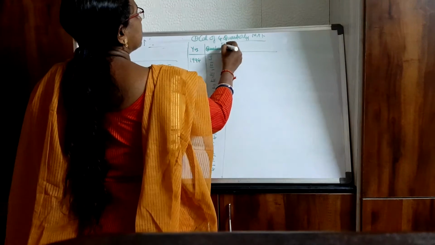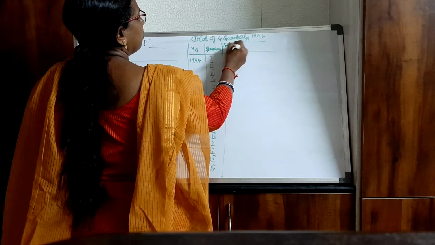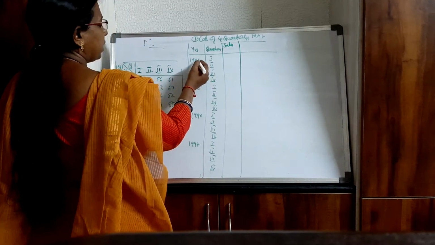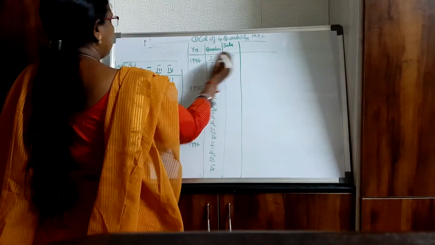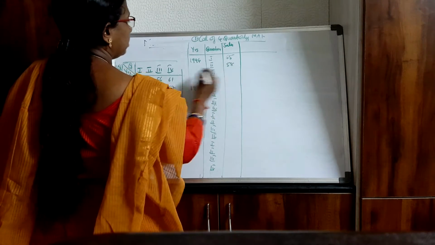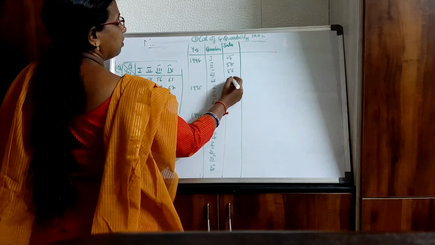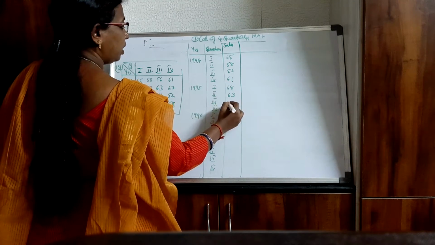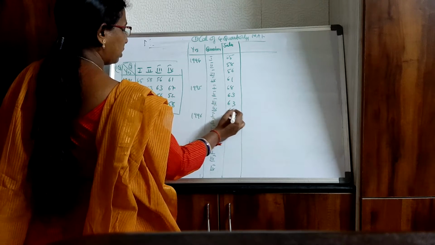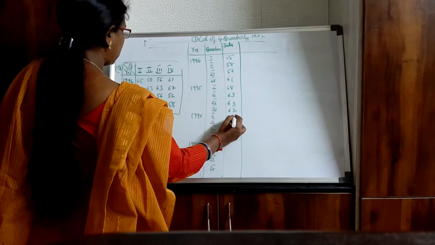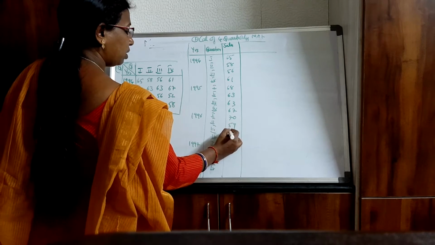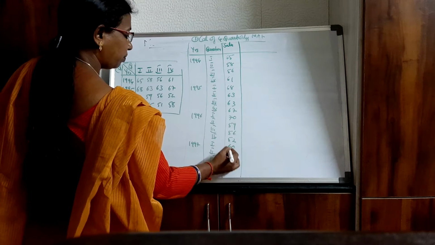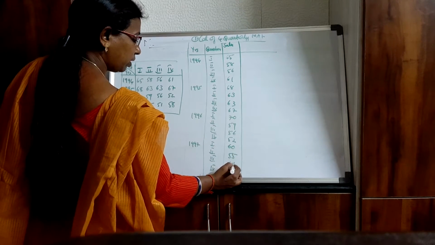Now you write the values. Suppose sales are given, whatever values are given to you, write those values here. So for 94, first quarter is 65, second quarter is 58, then 56, then 61. Similarly for 95, 68, 63, 63, then 67. For 96 it is 70, 59, 56, 52. For 97, 60, 55, 51, 58.